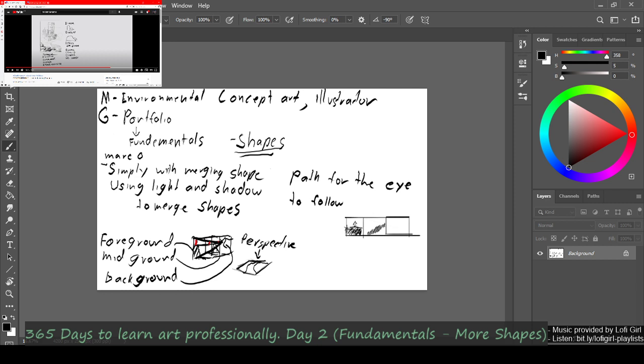Maybe the hill is off in a distance and maybe curved like this. So now we have something more visually interesting than the first one, and then we're forced to do something complex again. So what if, let's say, this is a dark shape, and then the hill is a light shape, and then